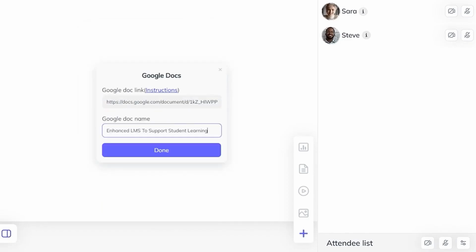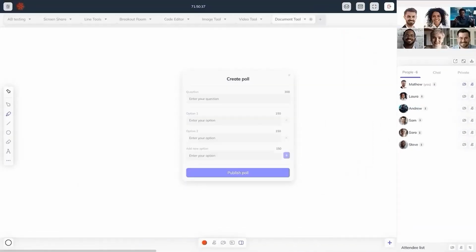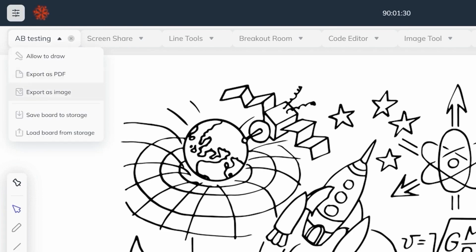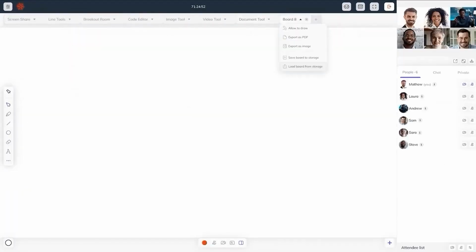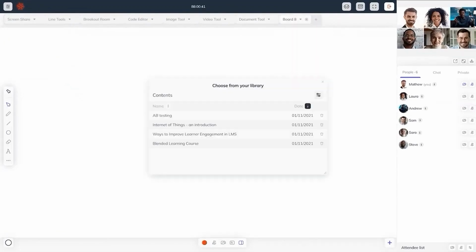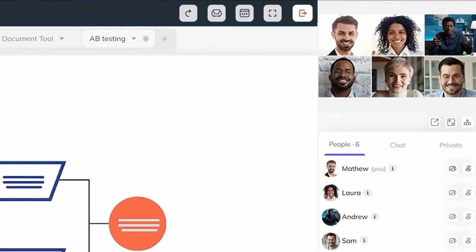The document tool facilitates Google Doc collaboration. You can paste the link of the particular document to present. It is also an option to export the whiteboard as an image or PDF, and the board can be saved to the device by selecting the Save board to store and imported from local storage by selecting the Load board